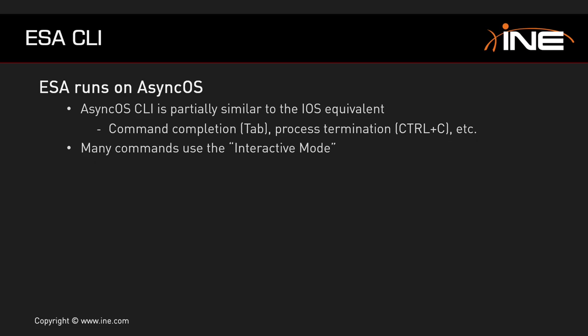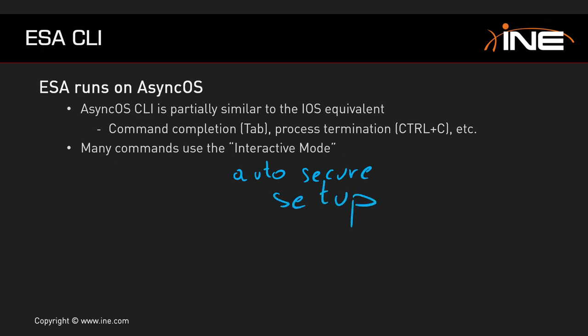So certain settings of the ESA, certain commands, will have a similar syntax to what you could also see on the IOS for those interactive-based commands, like for example autosecure or maybe setup. It's more of a question and answer approach, or basically choose an option from the menu, that type of